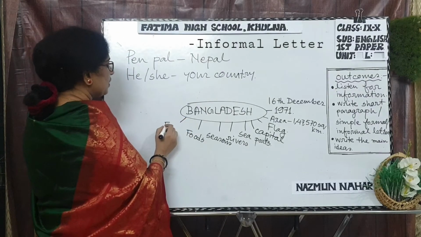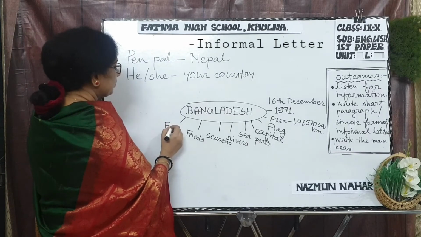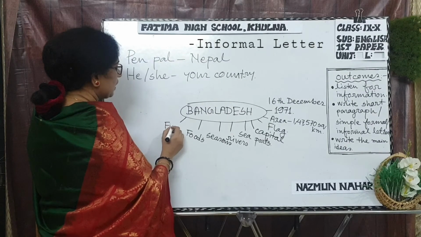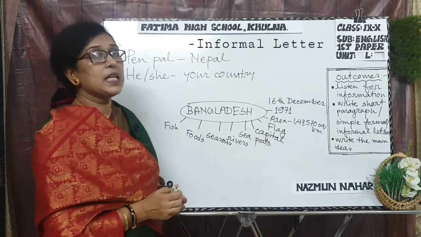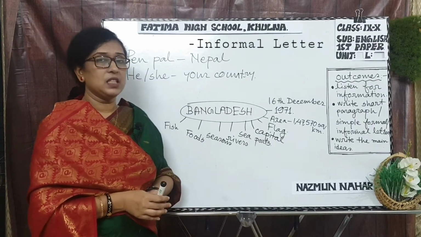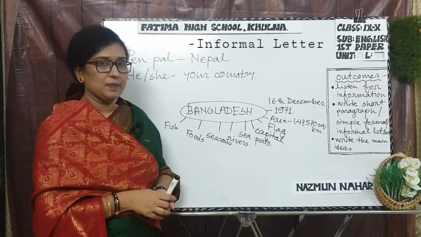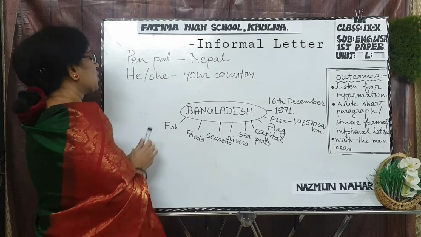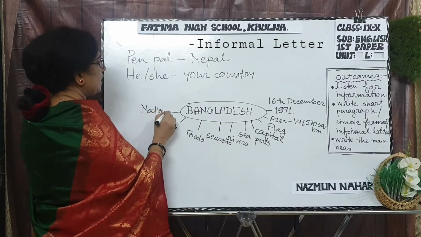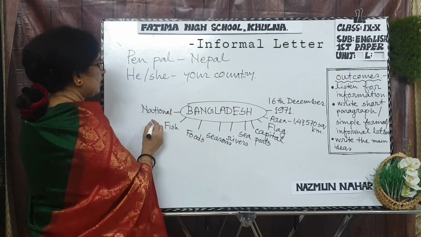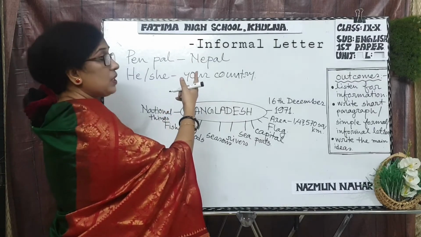We have 2 kinds of fishes, sweet water and salty water. And you know that Bangladesh is in second place in harvesting fish, and Hilsa is our national fish. You can also write about the national things. That means all the national things. That means we know that he or she is a foreigner.